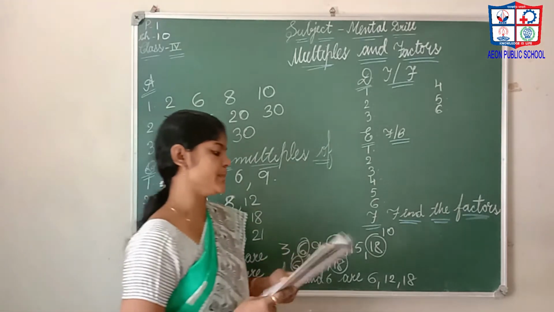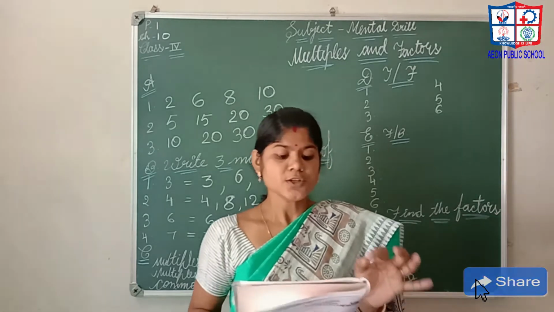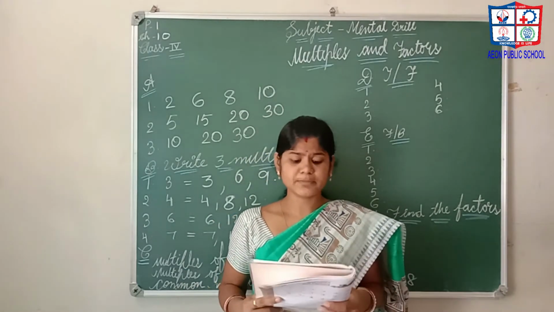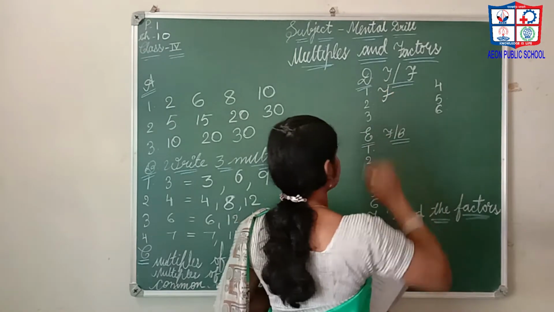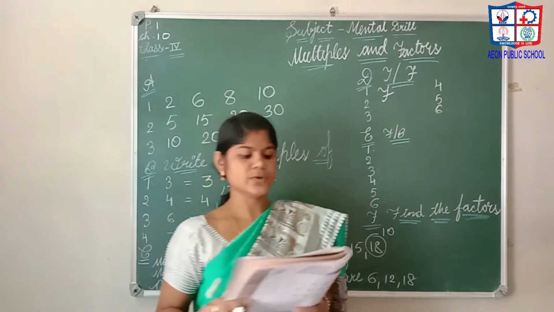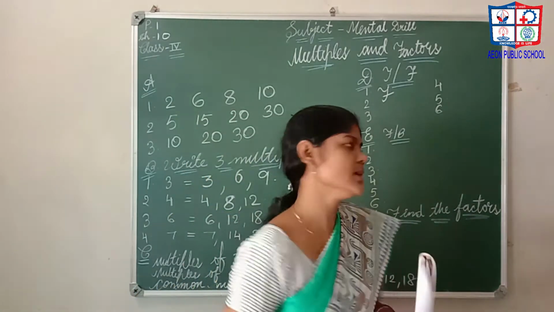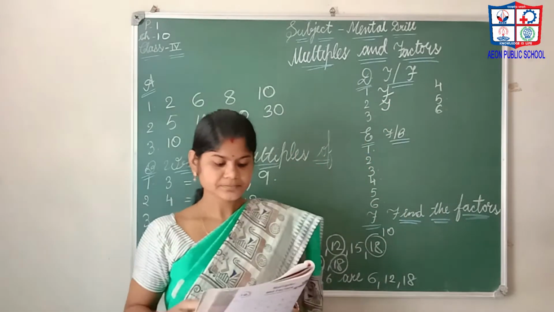Next one, fourth bit. Write true or false. So here, listen. First question, 27 is multiple of 5. Is it multiple of 5? No, obviously in the 5 table there is no 27. So it's a false statement, right? False. Next, second one, 30 is multiple of 3. Is it? Yes, 3 tens are 30. So it's a true statement.